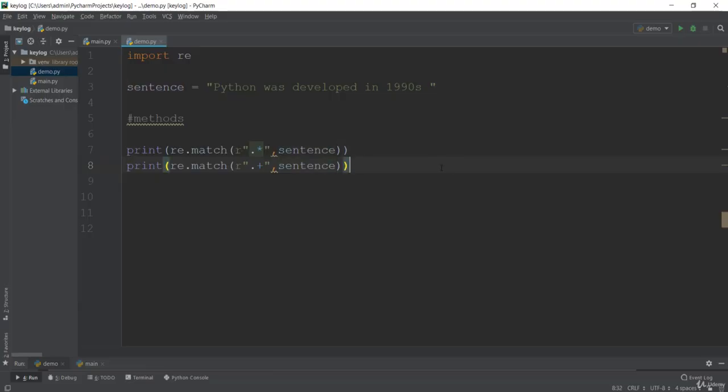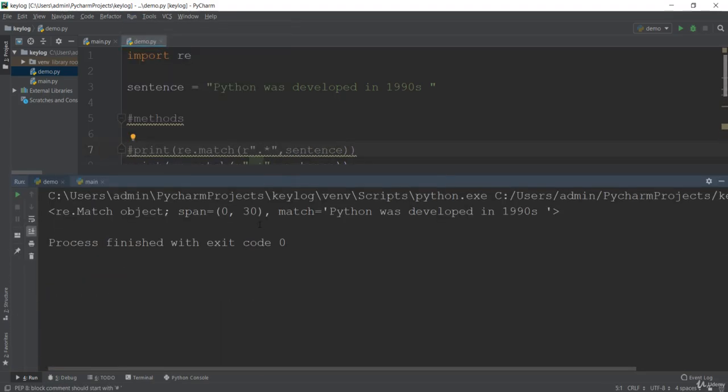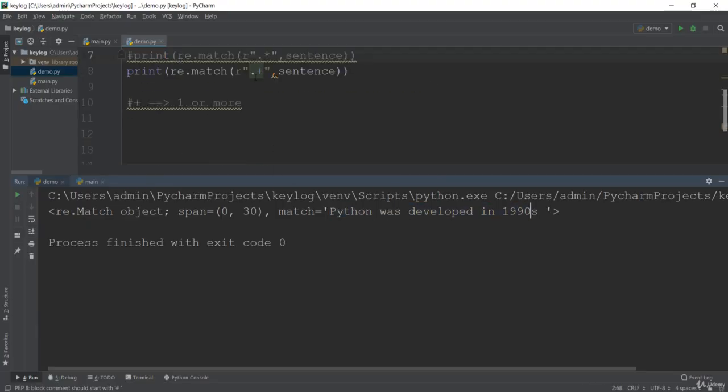If you see here, now instead of the asterisk we have passed this plus sign. This plus sign represents that there should be one or more characters, one or more. It won't be 0. If it was the asterisk, it could be 0. For now it should be one or more. So in this case it will give the same result. If I just run this demo again, you will see it is also giving the same result as before, that is, using the asterisk and using the plus.